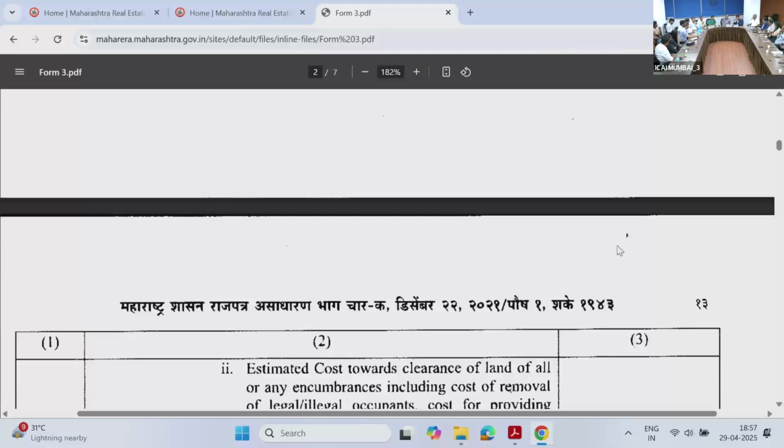I will talk about one circular of 2017, circular number 7, maybe of 1st July 2017. This is a very important circular wherein explanation about